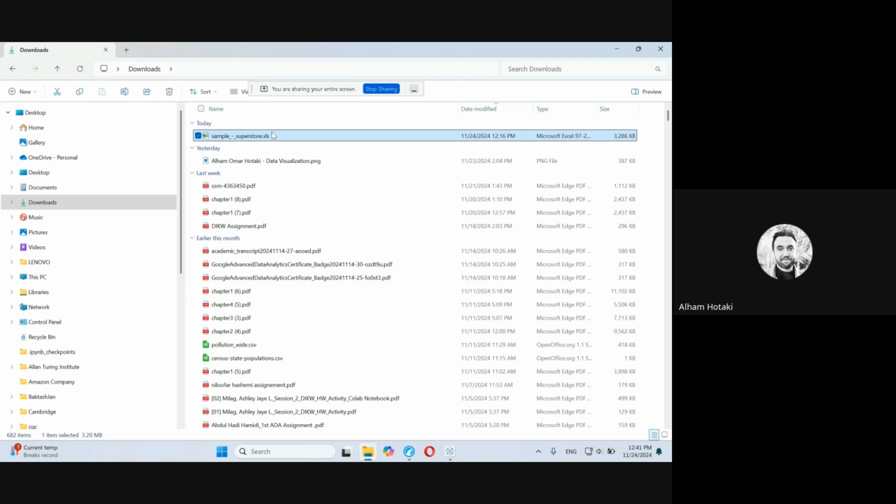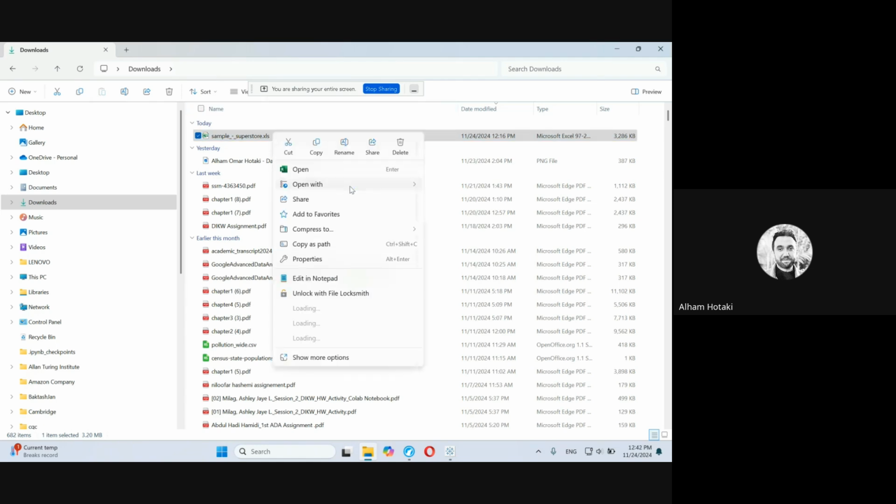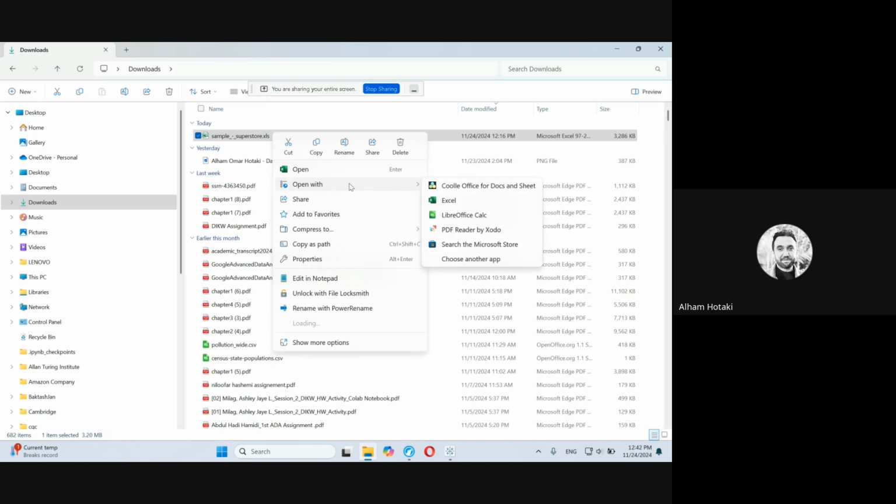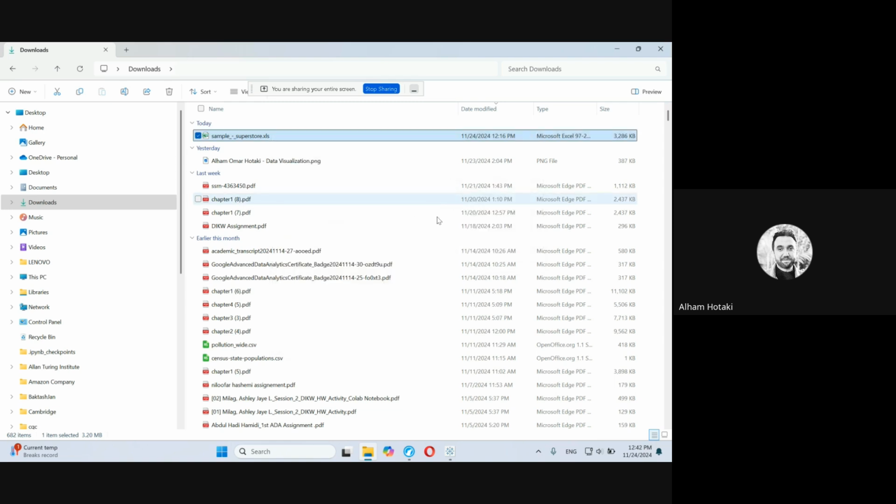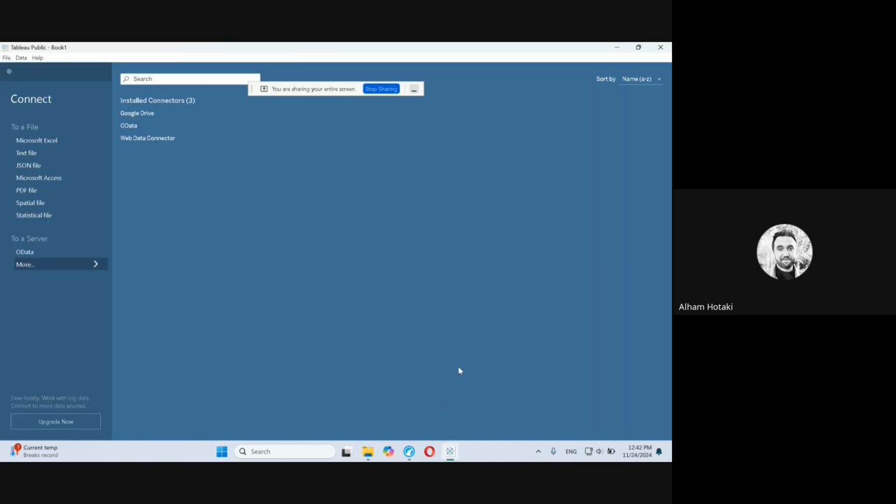So look at my computer. See, it's not opening it properly. I really don't know in which software it will open it, either in Excel or in this. Let's open it in this one. However, when this file is opened, you will see that it has separate sheets. And whenever you are importing that file into Tableau, you will have accordingly different